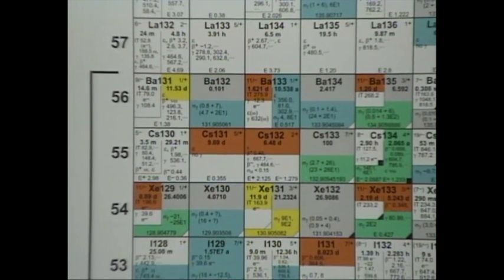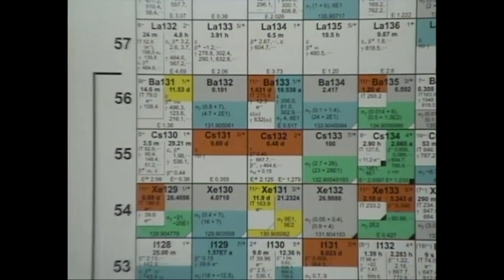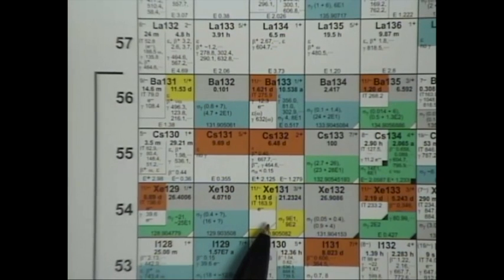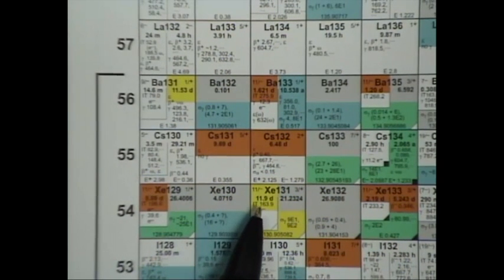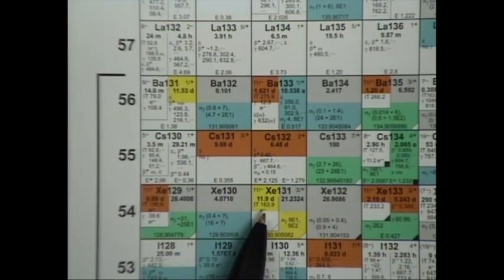There we go. The xenon 131 isotope is shown here. As I said, this side is split. It has an IT